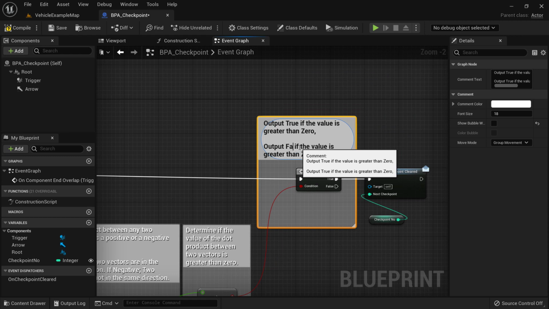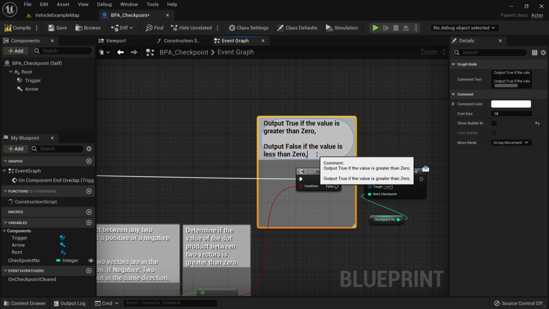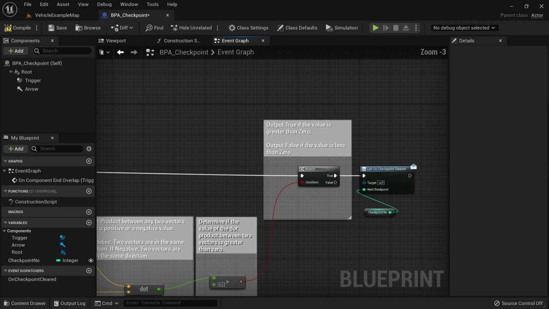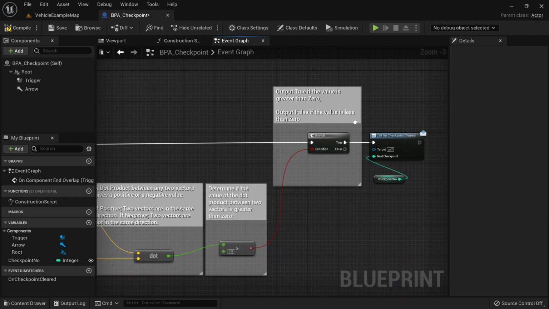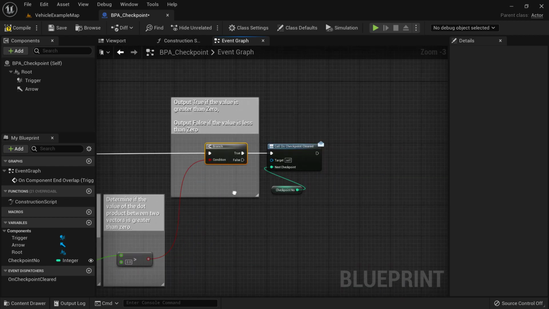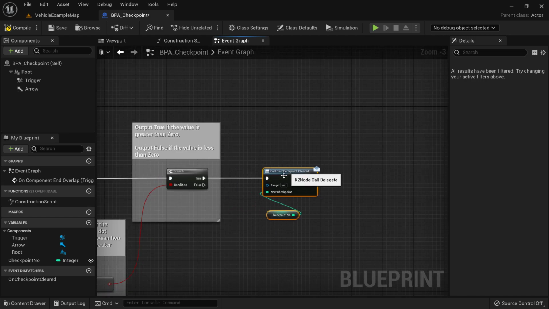Output false if the value is less than 0. So this is what the branch node does,